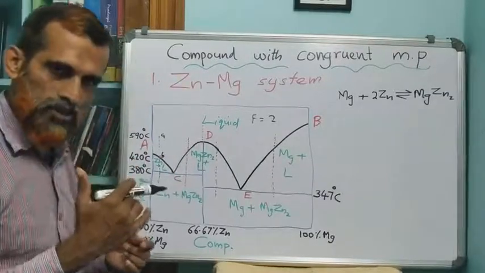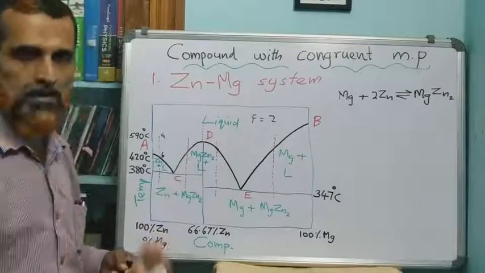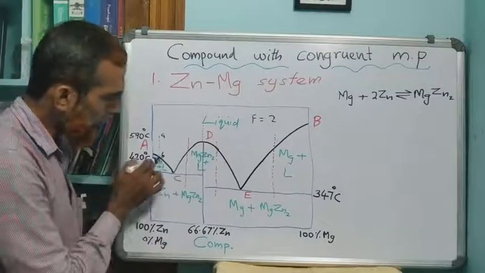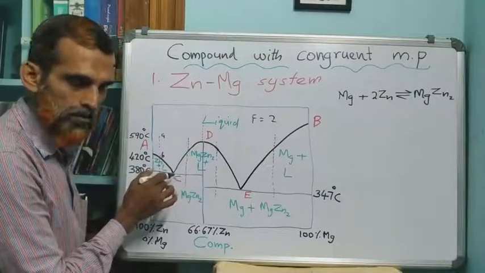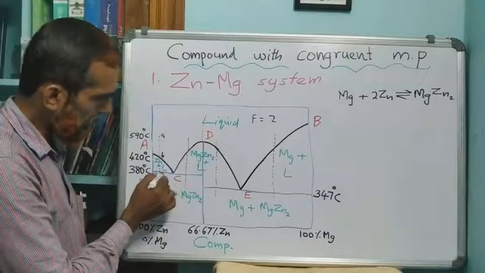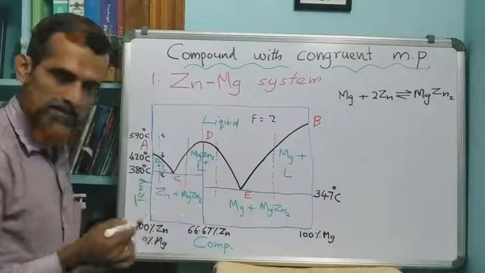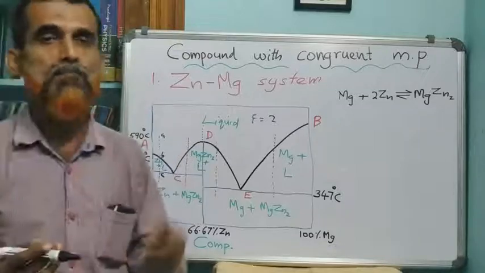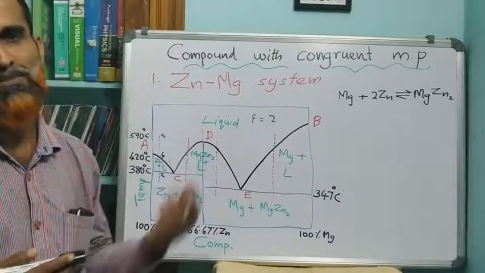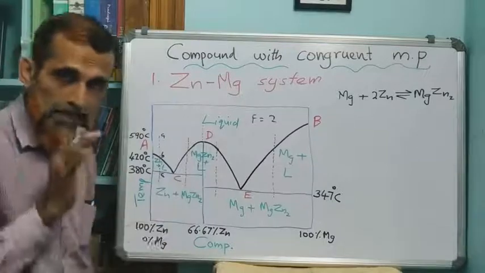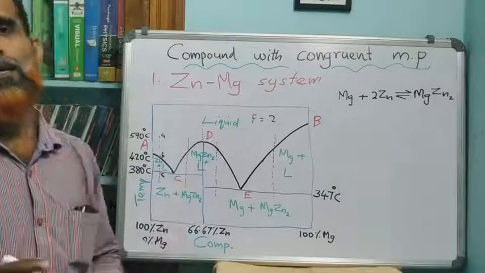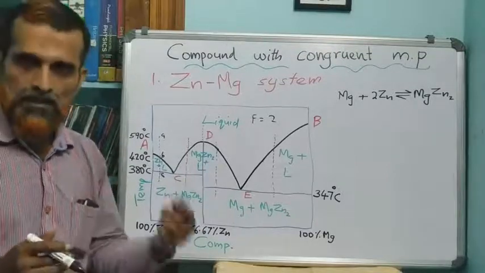So the composition of the remaining liquid will be more in magnesium. Composition of magnesium increases in the remaining liquid. Of course, you will move along this curve. As your temperature falls, more and more zinc separates out, and when the temperature reaches the eutectic temperature, what happens? Eutectic mixture starts coming out. That means both zinc and the compound come out together as a eutectic mixture. Temperature then remains constant, that is the eutectic halt, until the whole liquid melt solidifies into the solid form of zinc